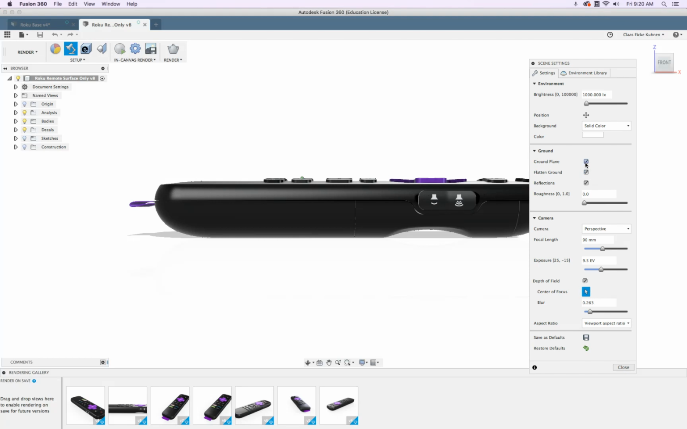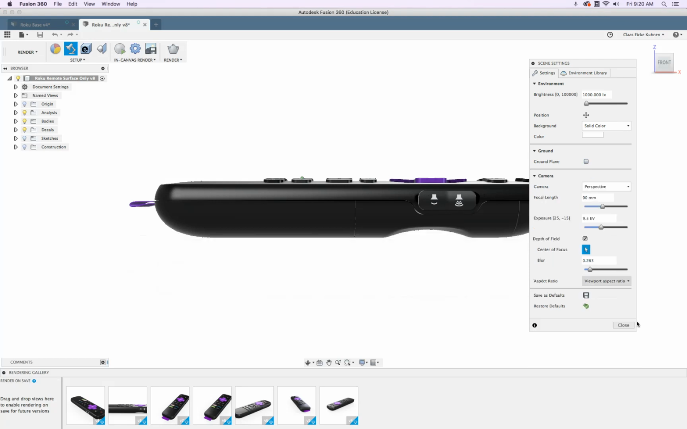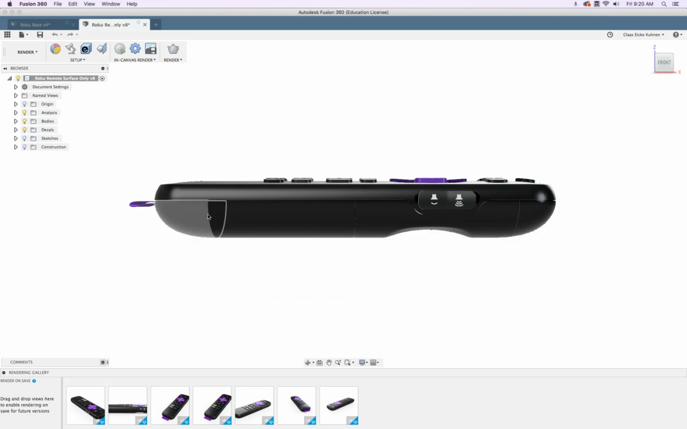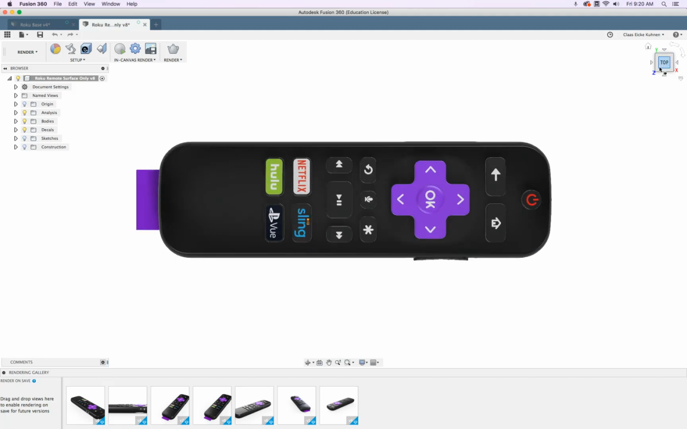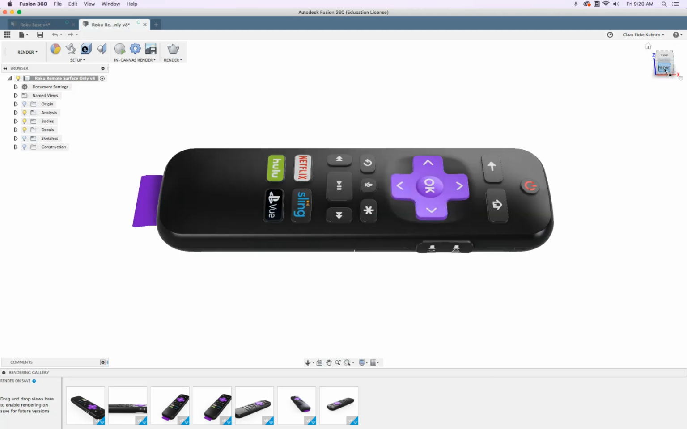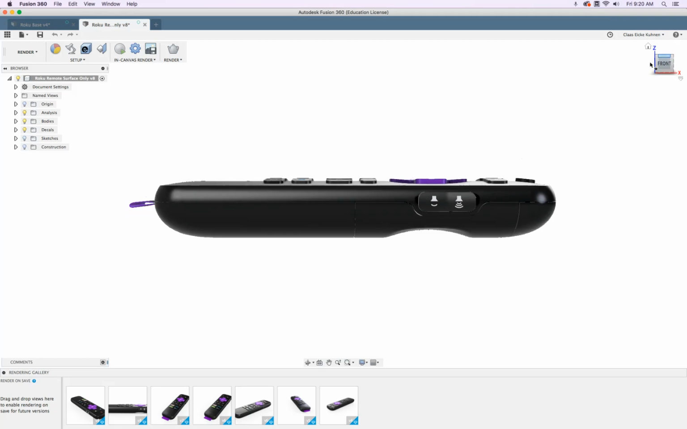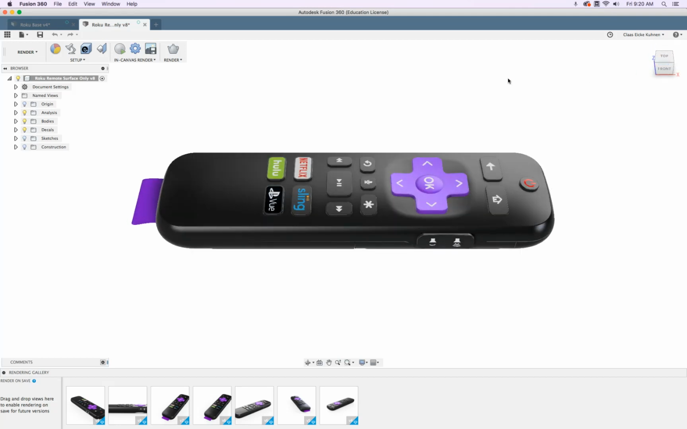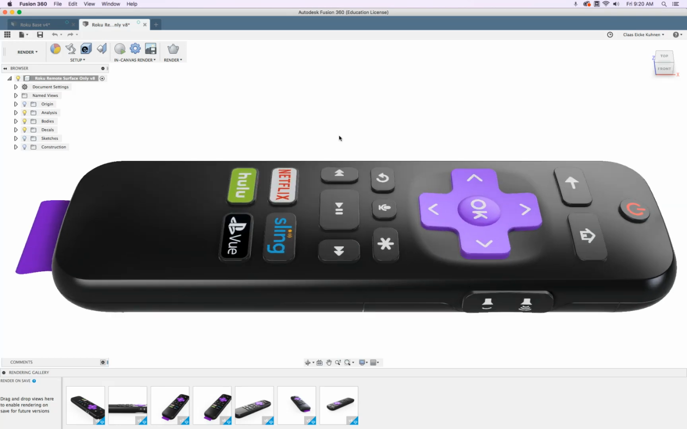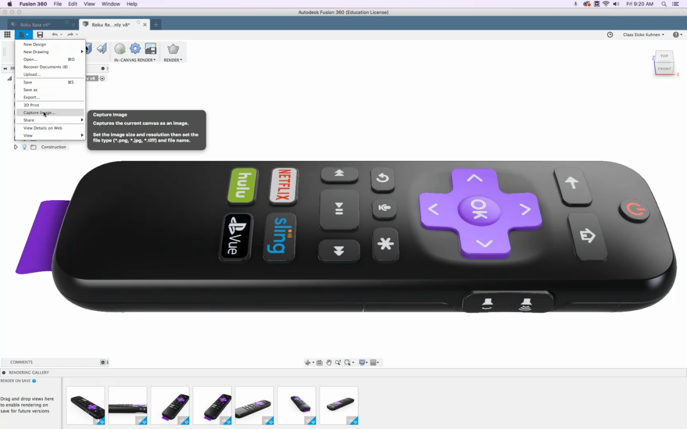I will here turn the ground plane off. So as you can see, I only have the object and I can go into the individual views. See here, I go to this quarter view. Zoom in sufficiently so that the object is nice and big, and then I will go to File, Capture Image,